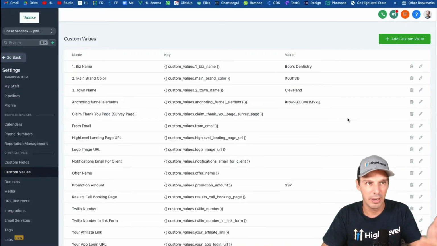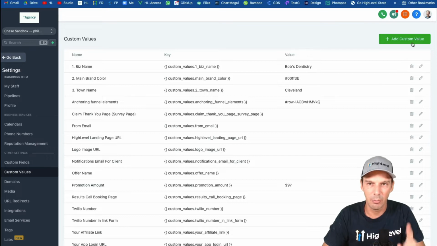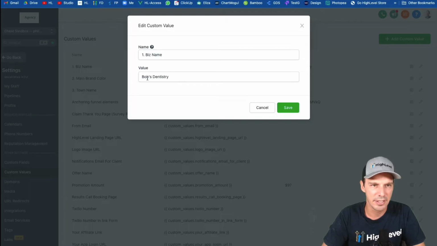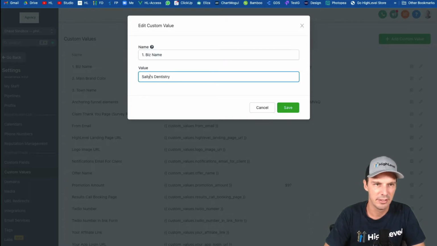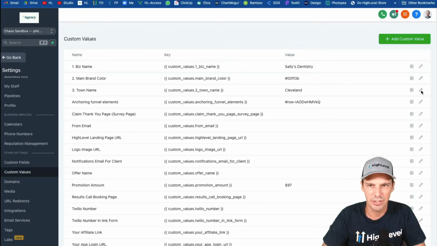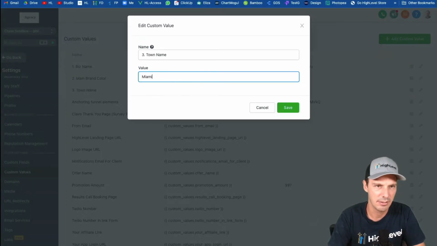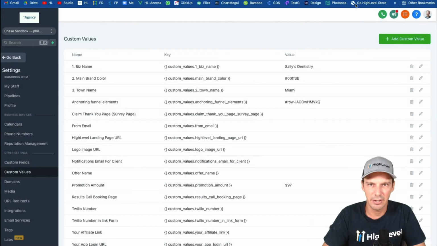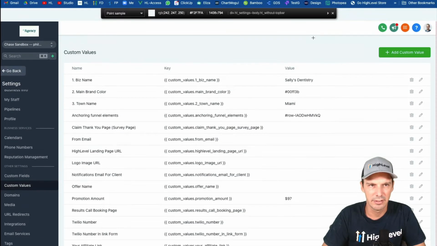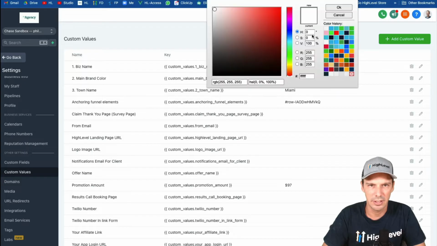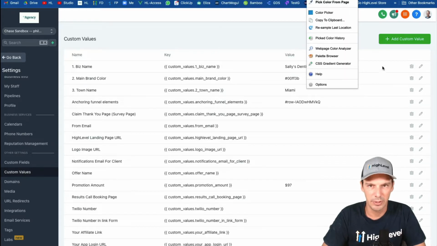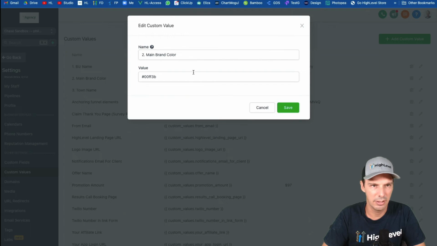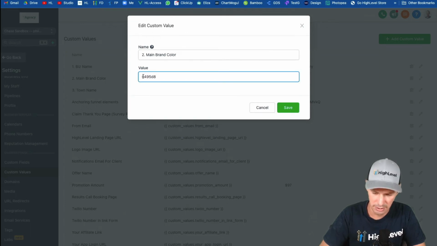So I load up my new client, I hop into their sub account one time, and I come in here and just edit the custom values. Let's say this was Sally's Dentistry, and she's located in Miami. And let's say that her main brand color is a blue. So let me hop into my color picker here, and we'll pick a blue, and I'll grab that color code, and then we can open up this main brand color code and paste in the color code